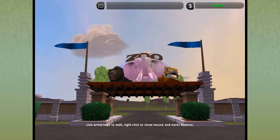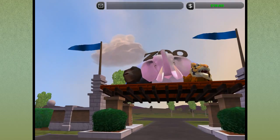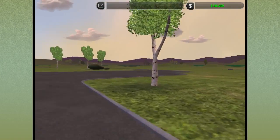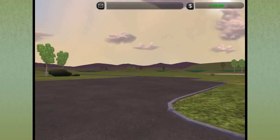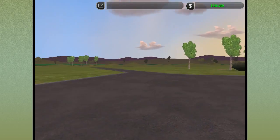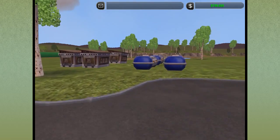Intern, look! Look, it's our very own zoo! We have our very own zoo again, Intern. I am so excited. But before we can really celebrate and rush around and enjoy just the space and the possibilities to educate people and teach them about the natural world through this beautiful open space that is now ours, we have to hurry